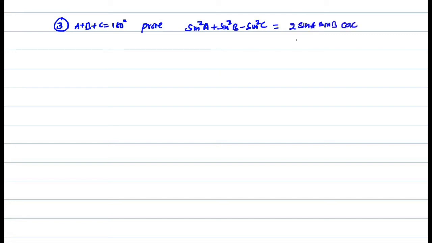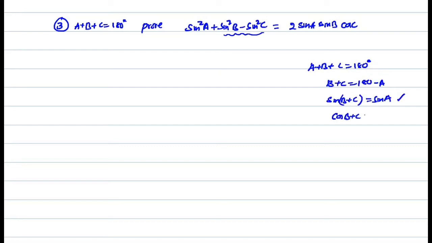So let us look at it in the problem. Here no off angles. Directly a plus b plus c is equal to 180 degrees. Here I'm going to apply the sin square b minus sin square c formula. So I'll write b plus c as 180 minus a. Sin b plus c is equal to sin of 180 minus a, which is sin a. Sin a plus b is equal to sin c, sin b plus c is equal to sin a, sin c plus a is equal to sin b. That's the formula. If you take cos of b plus c, it is equal to minus cos a. Cos of a plus b is equal to minus cos c.